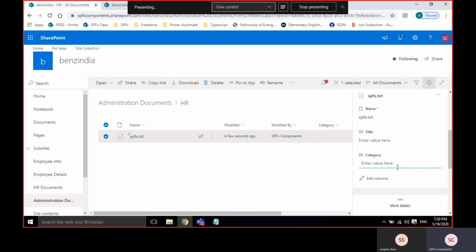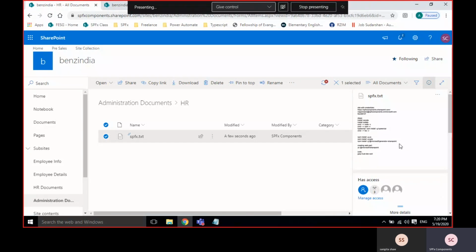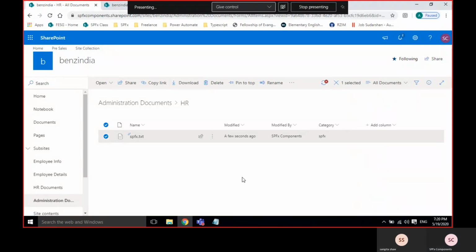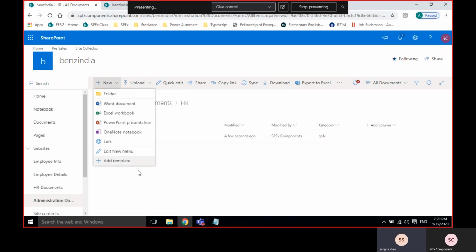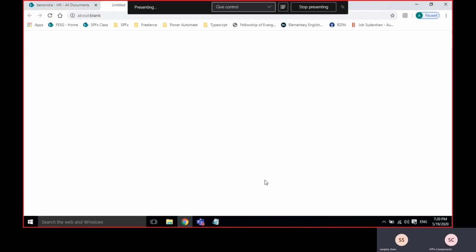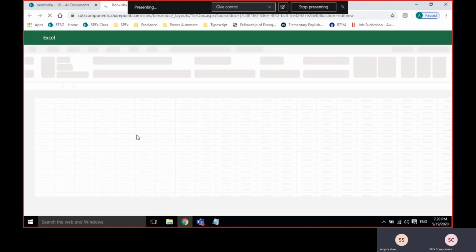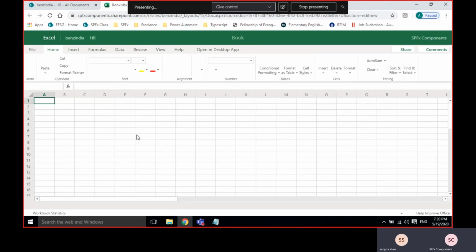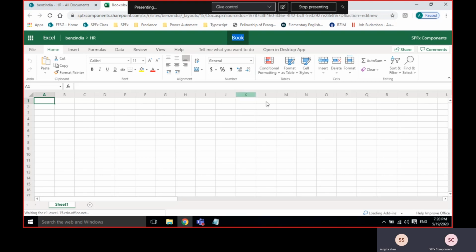I'll give the category SPFX. Whenever we search with that name, we can easily find it. People also group by category. I'll show that.